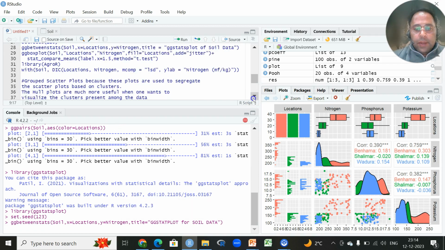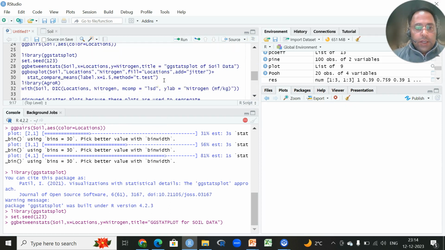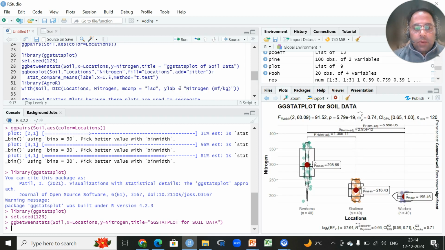So it depends on the kind of gadget you're using, the kind of machine you're using, the processor involved in your machine. The faster your processor is, the faster this graph will get displayed in this plot section. So we have this kind of a plot which is known as the ggstatsplot, where you can see the group comparisons also. And the normal way of doing the data visualization in R utilizing this library ggplot is to make